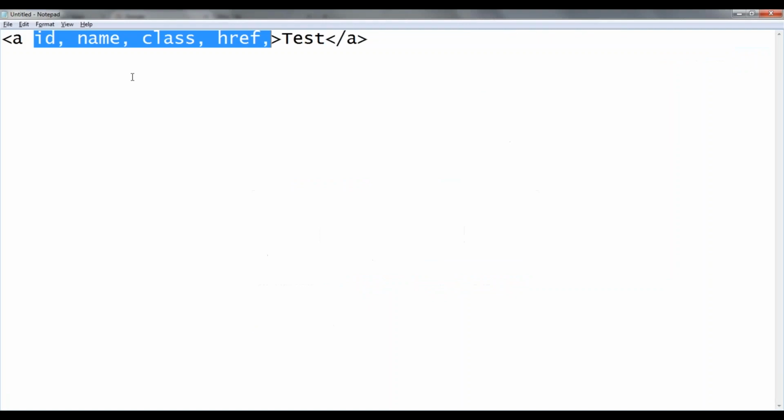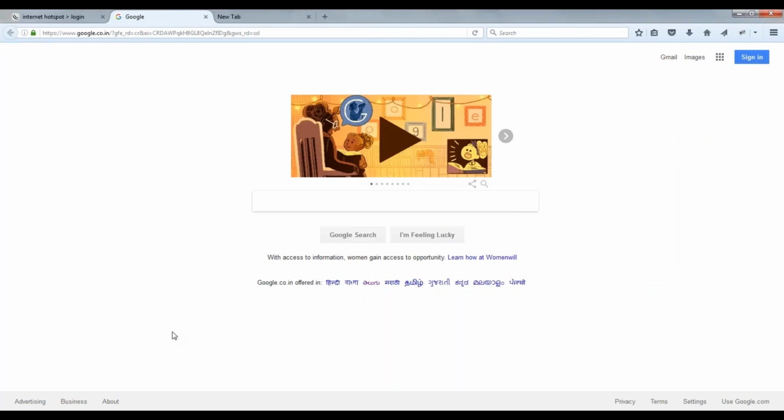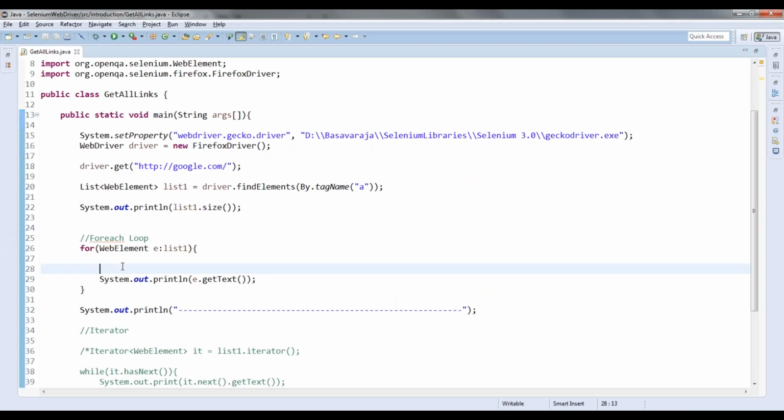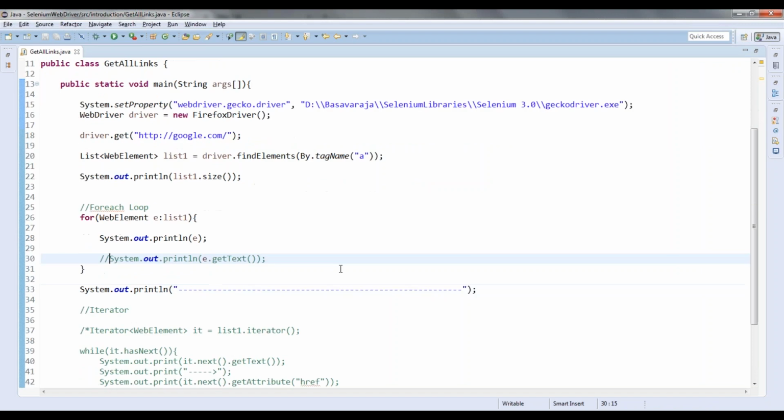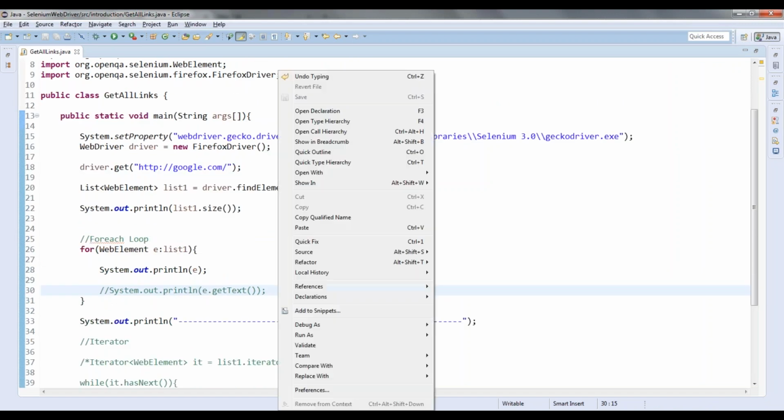In the sense, this entire HTML will be recorded inside that. If you want to see that, I can directly display E. Let me show you the structure, how E looks.